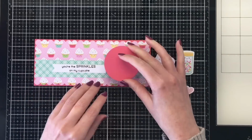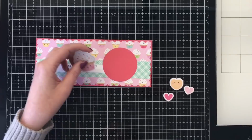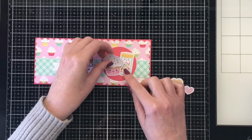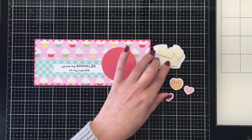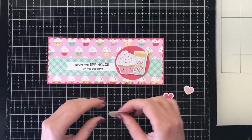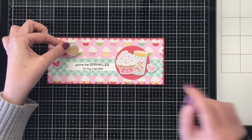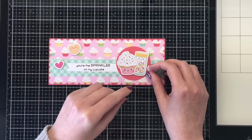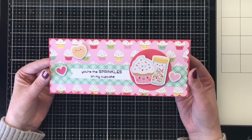So you can see I'm just creating a little strip with the blue and white plaid along the bottom. Then I cut out a circle with some of that kind of darker pink cardstock that I'm using. And then I added the little cupcake and the sprinkles bottle. And the sentiment that I'm using is You're the Sprinkles on My Cupcake. And that one is from the Lawn Fawn Sweet Friends. Felt like it needed something a little bit extra, so I added 3 of the heart ephemera, and that completes card number 1,